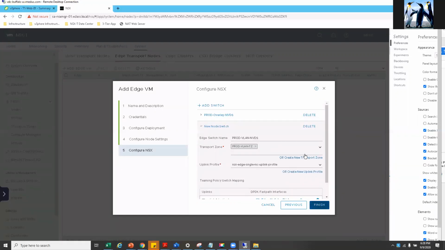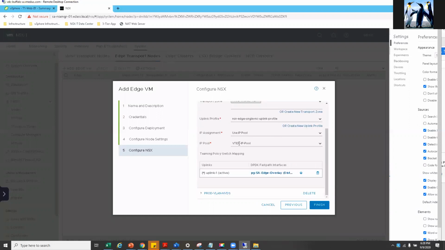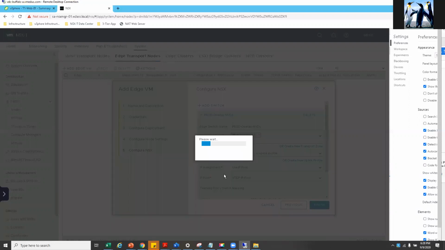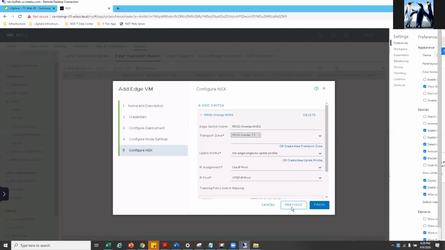Okay, so if I check that, both the switches were overlay. Okay, so if I finish that, it takes some time to deploy. Meanwhile, I can do that for the